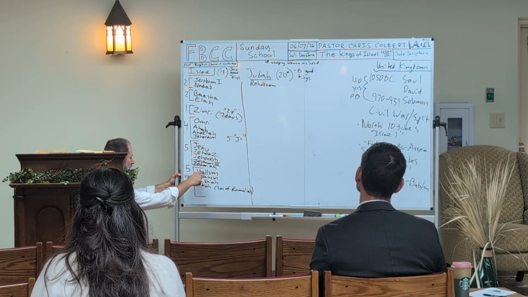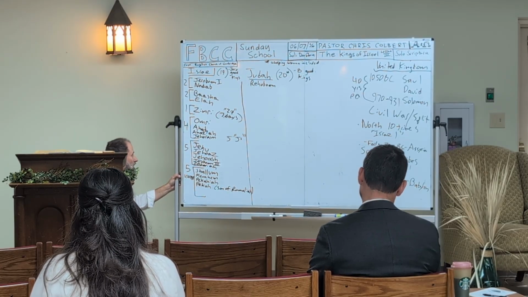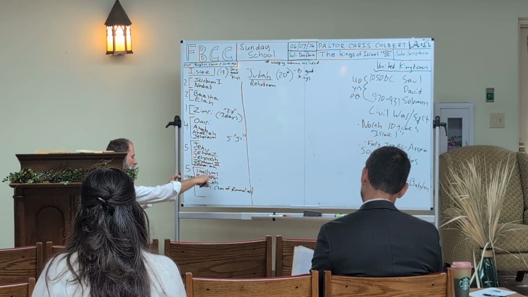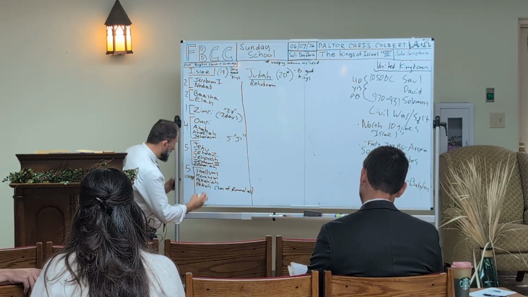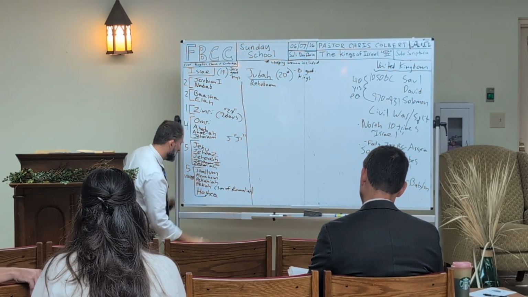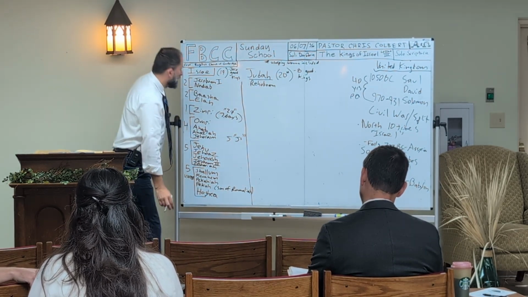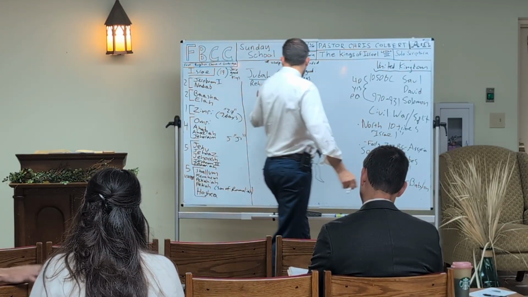So you have 1, 2, 3, 4. You need one more. Who is this? Again, like I said, you really got to memorize these 5, however you can. Hoshea, right? Good job. Hoshea. So we already know the first king of Judah, right?